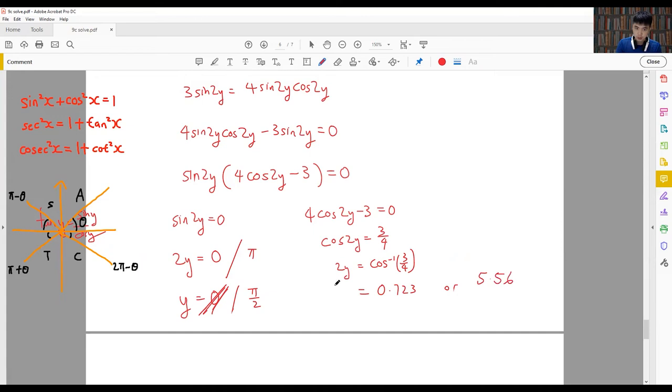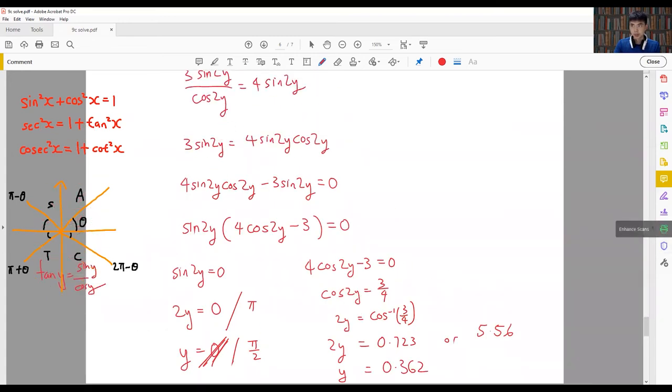And these two values equal 2y. So in this case here, y is equal to 0.723 divided by 2. You have 0.362. Okay? Then the second answer is 5.56 divided by 2, which is